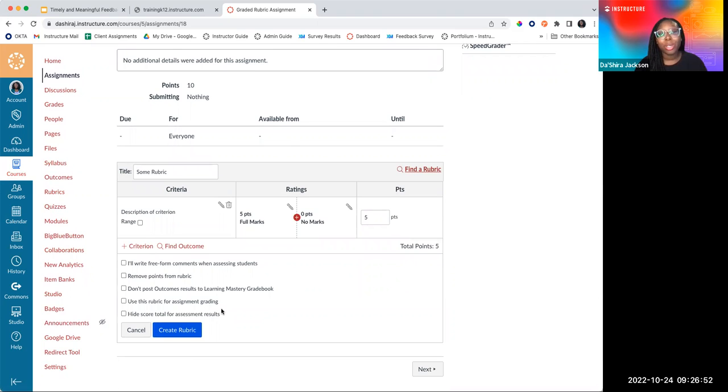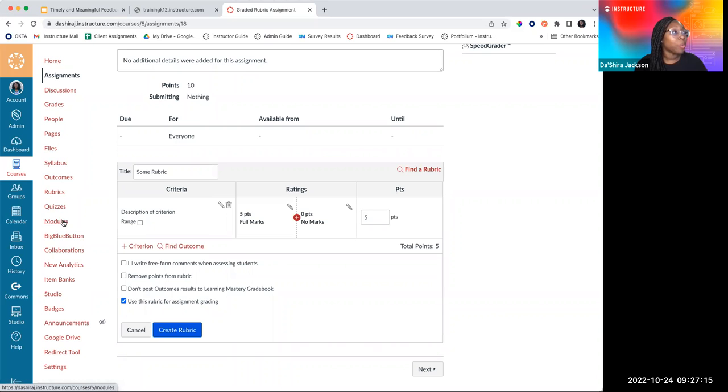Essentially, how are you going to use it when you go in to grade your student? The main thing is to make sure you click use this rubric for assignment grading, because this will allow you to click on the rubric and actually it will populate the grade and add it up as you click on the different scoring for the different ratings.